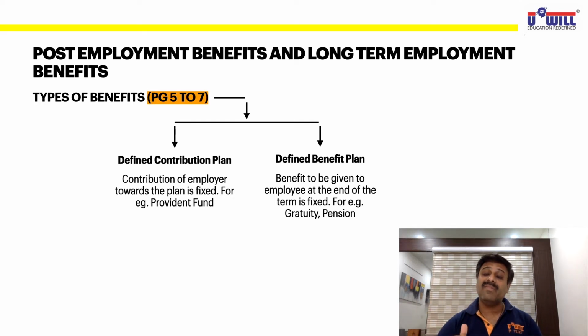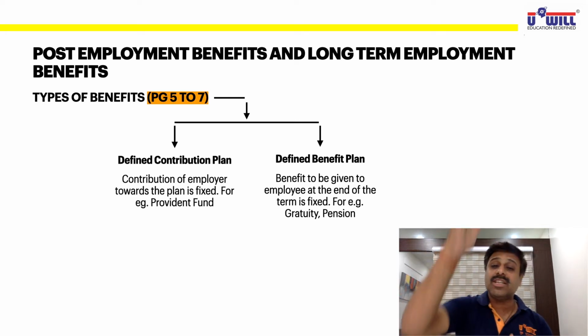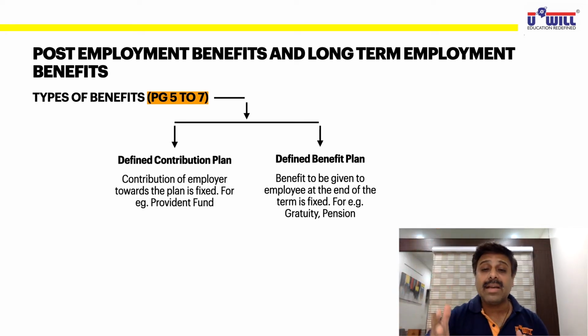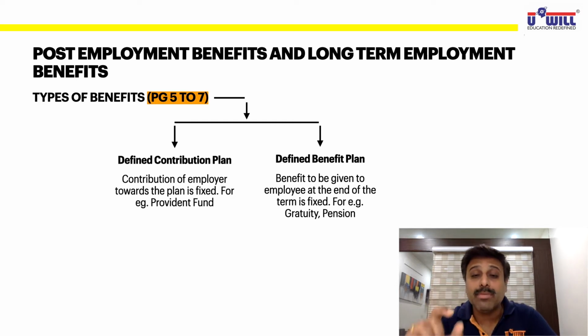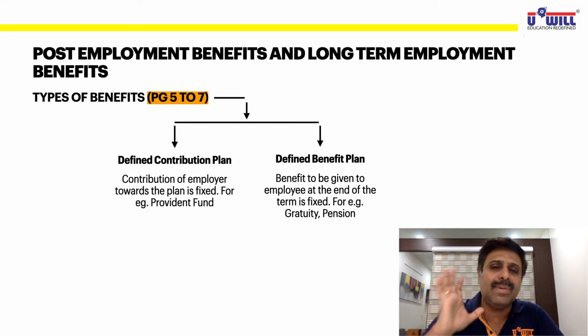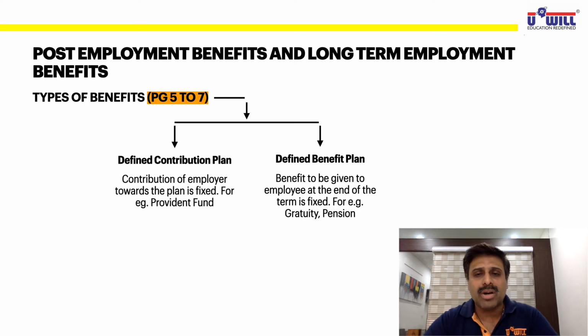Right now, if you are paying him 50,000 per month, what are you going to pay him at the age of 60 after 35 years? How can you estimate right now? Very difficult. It is not an easy task. Okay. So defined contribution plan is something which is very simple, because what amount you have to contribute? Current year's salary is 12%, 15%, 20%. You know the current year's salary, and therefore you can find out what will be 12, 15, 20% of that to be contributed to Provident Fund also.